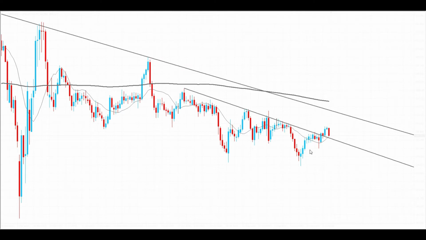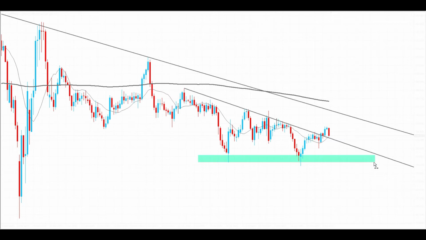Obviously, if we do break back in, we could be seeing another move back to the downside as price gives us a false breakout, and potentially see price continue in that downwards trend, where we could see a move to go and test the daily support area we have in the market down here. As you can see, support. So a strong support area we could possibly see a move to,